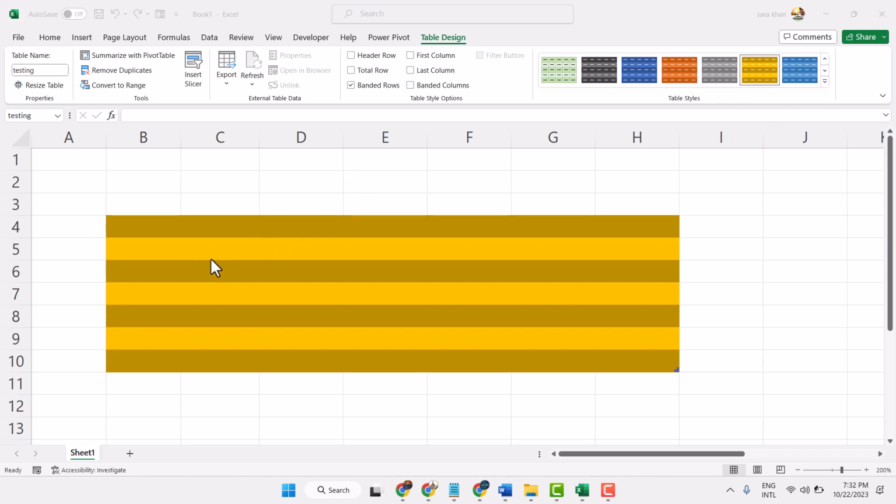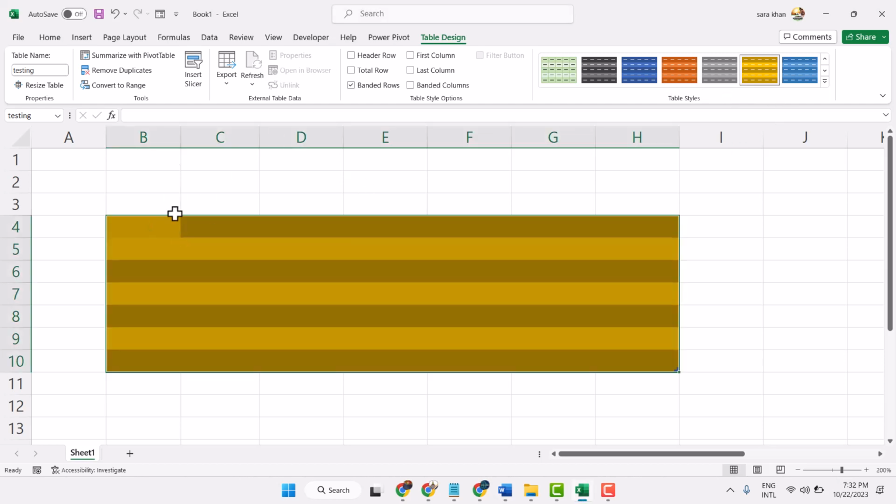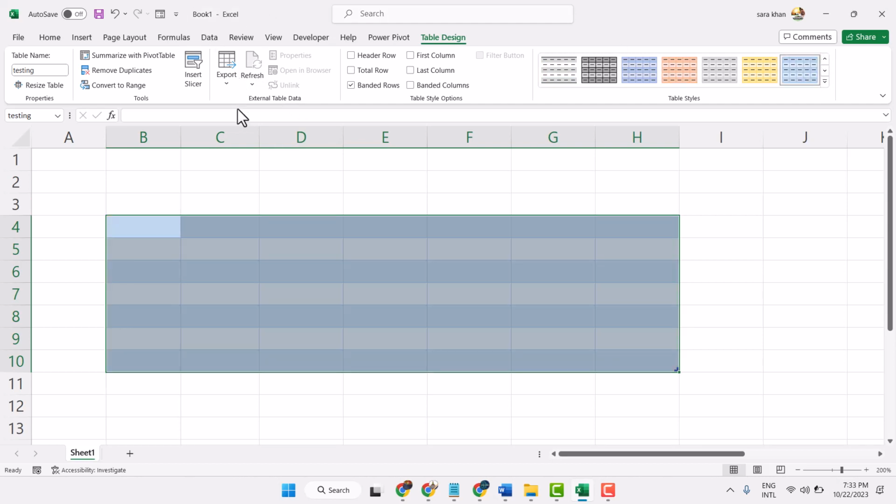You can refresh. You can export this table. Export data in this table to a SharePoint list or Visio diagram. So this is the advanced feature, and in the next video I will discuss this insert